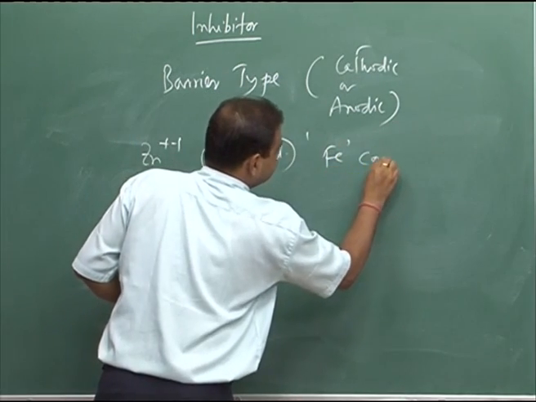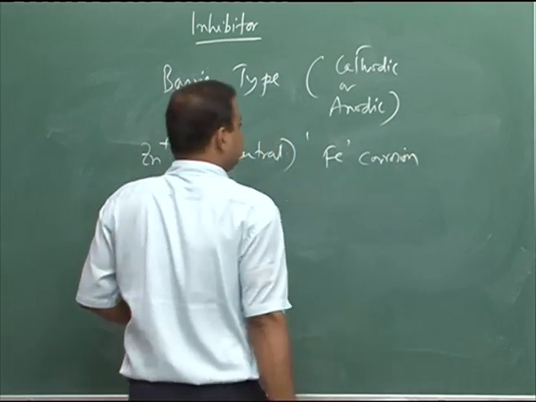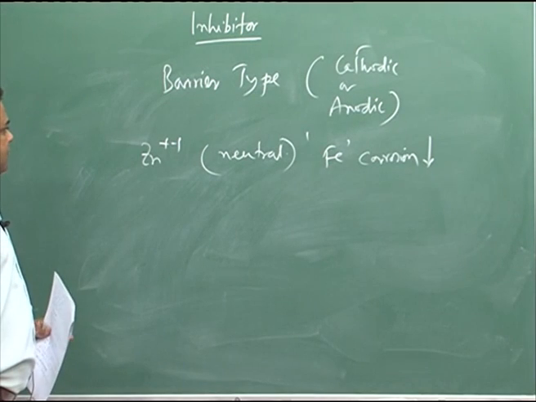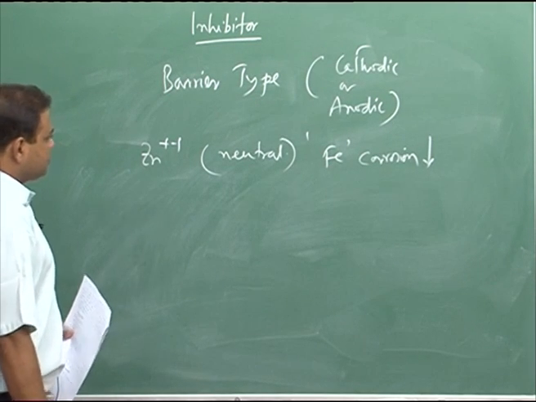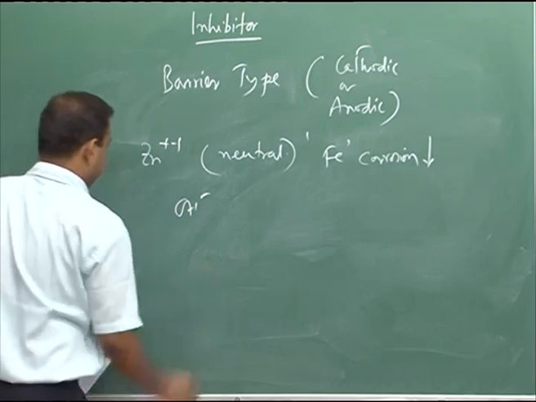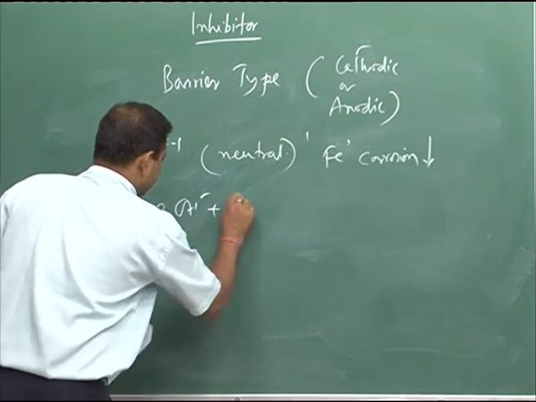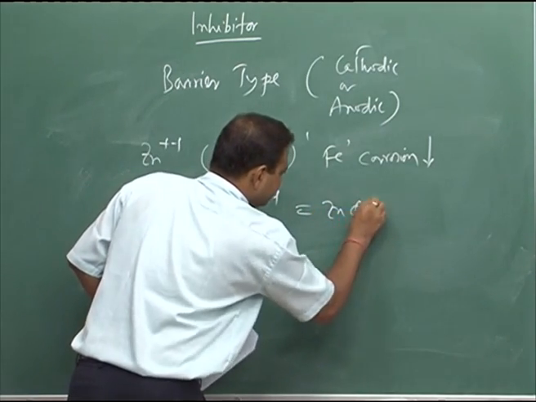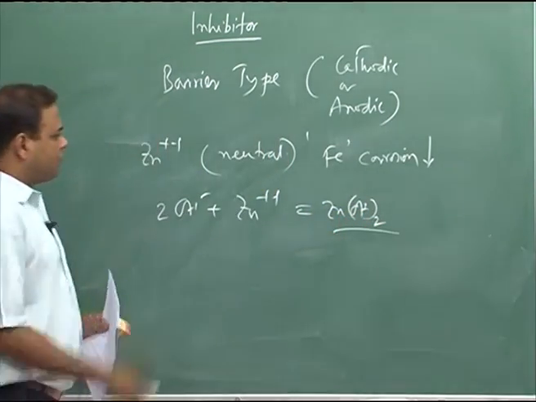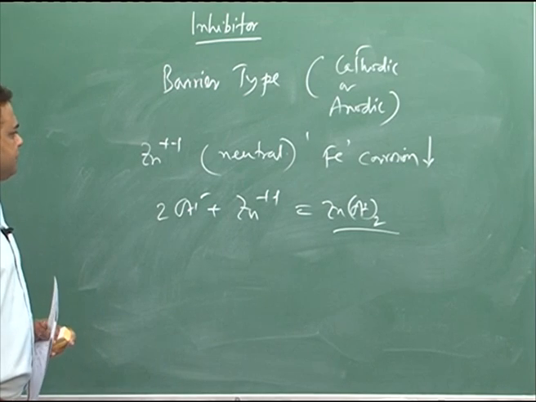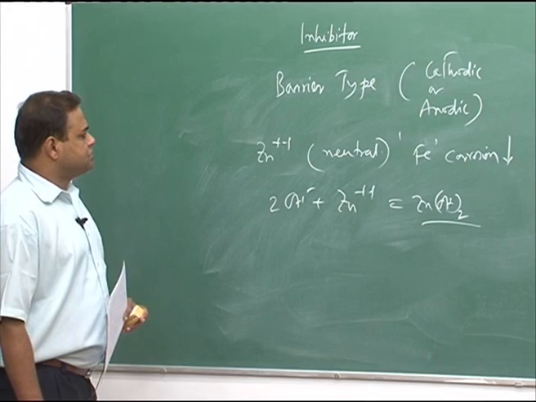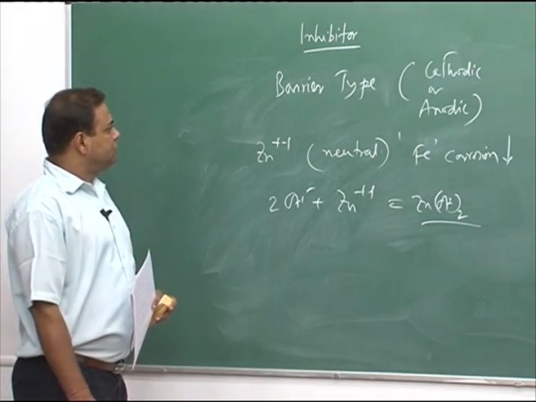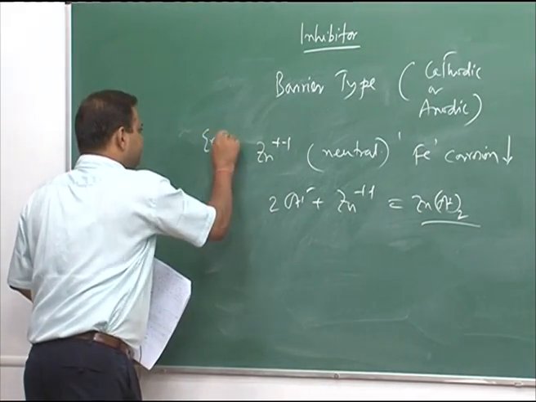Iron corrosion would reduce due to the presence of zinc plus iron. So, the corrosion product, which is OH minus, can react with Zn plus. So, this forms a film on the iron surface or the cathodic regions, and that can prevent corrosion. So, this is one example,